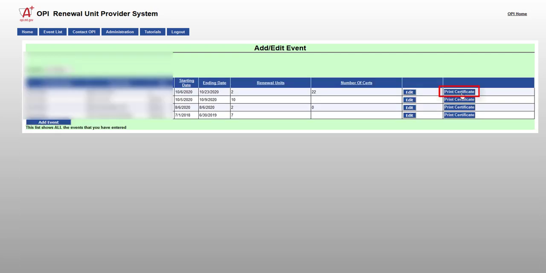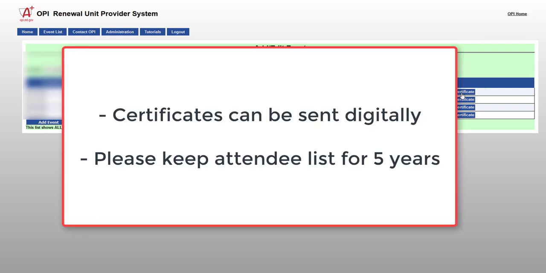You should then press Print Certificate and follow the directions on the back of the certificate regarding how to issue the certificate to licensed Montana educators. You can provide the certificate digitally to participants. It is important to keep a list of attendees for 5 years after the event has ended. This information may be used in the event of an audit, and you may be requested to reproduce the attendee